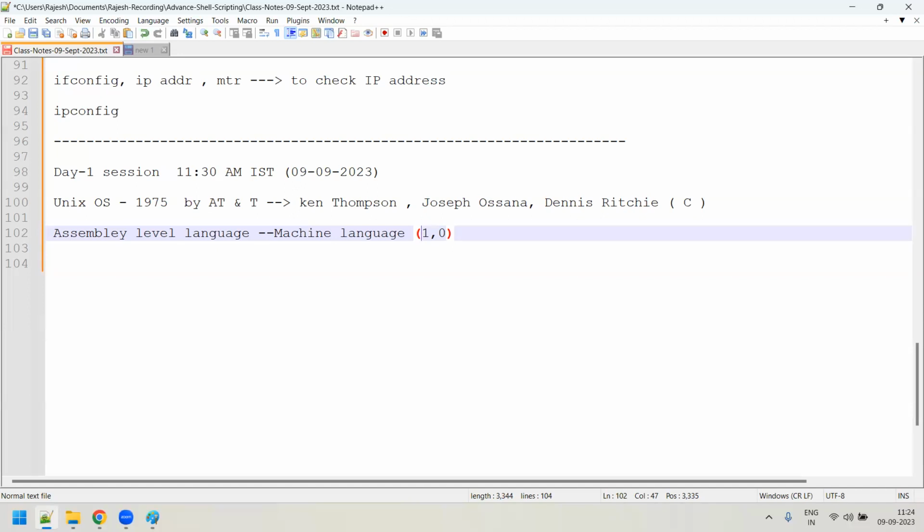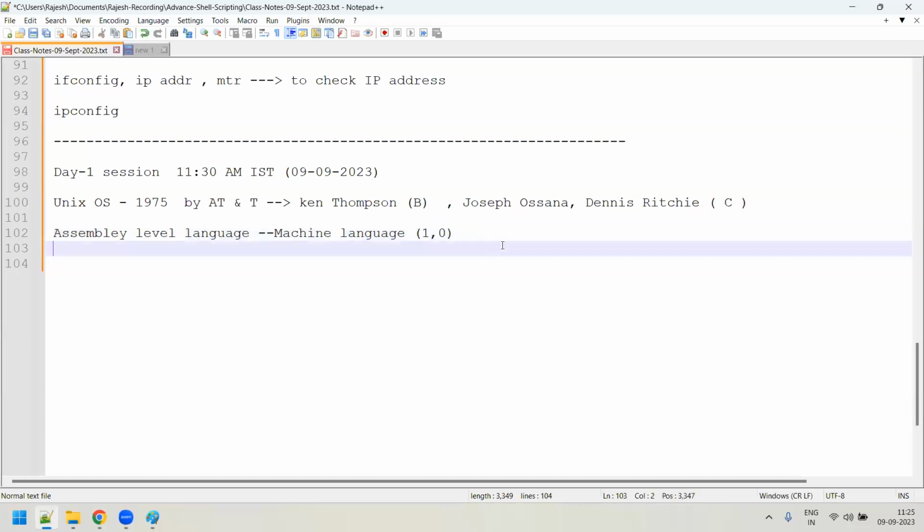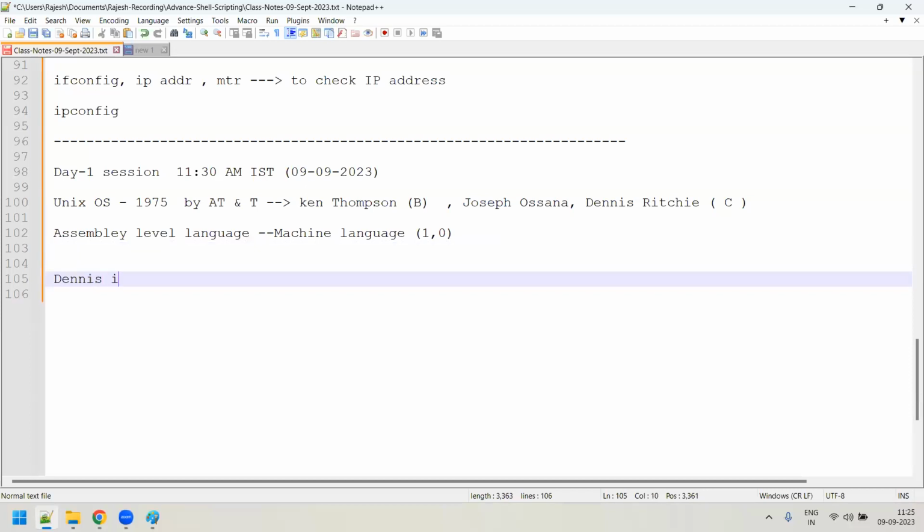That's the reason what happened. When Ken Thompson designed this Unix operating system, he is the same guy who had come up with the B language, his own language. But the B language had its own limitations. So Dennis Ritchie worked with the B language, tried to find out what the limitations were, and designed a new language which he called the C language. Now Dennis Ritchie thought, let me rewrite the whole code of the Unix operating system, which was written in assembly language, into the C language. What Dennis did, he rewrote the complete